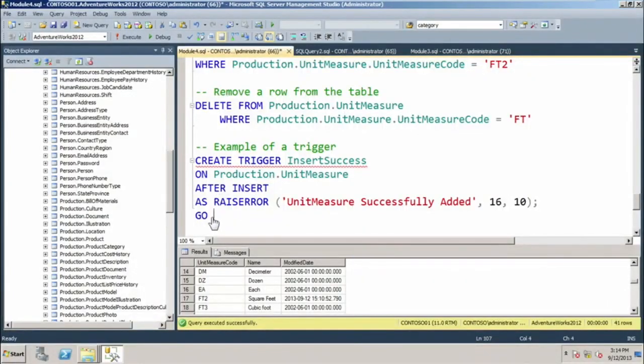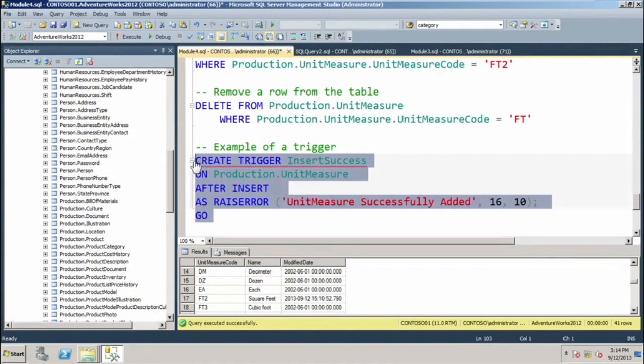Okay, so we got this content here. All this trigger is doing is called insert success. This isn't doing much except I just wanted to show you what a trigger does. This is a DML trigger. This is saying whenever anything gets inserted into the unit measure, it's called raise an error, even though it's not an error. That's just the term they use. It's called raise an error, and it's just saying, I just want to get a quick little message saying this